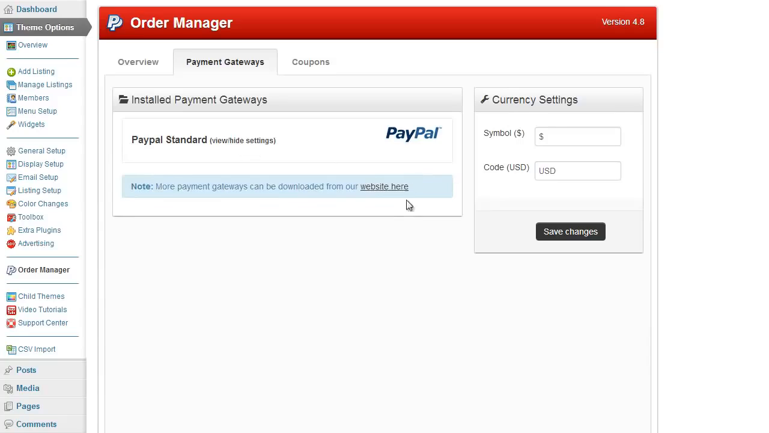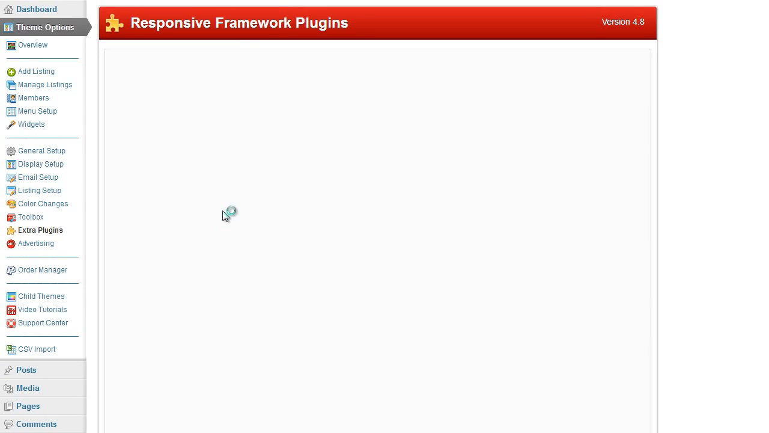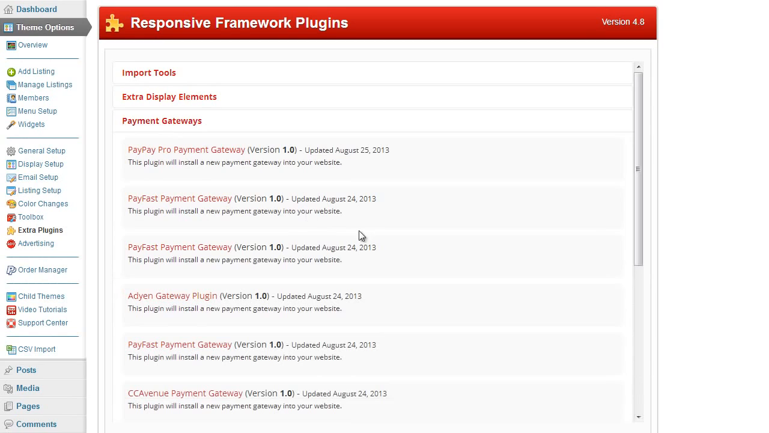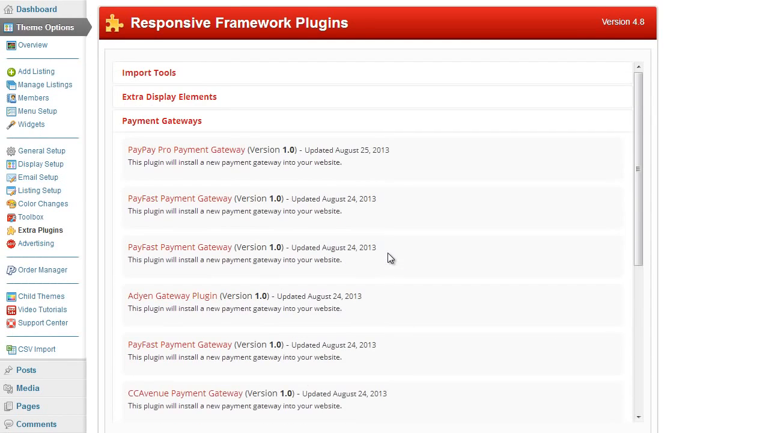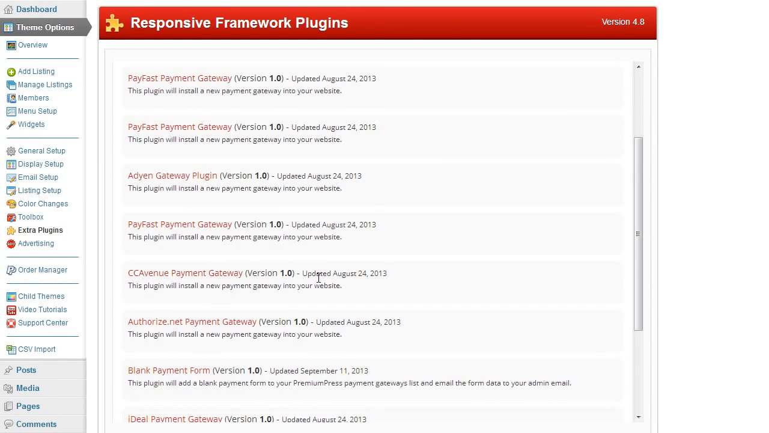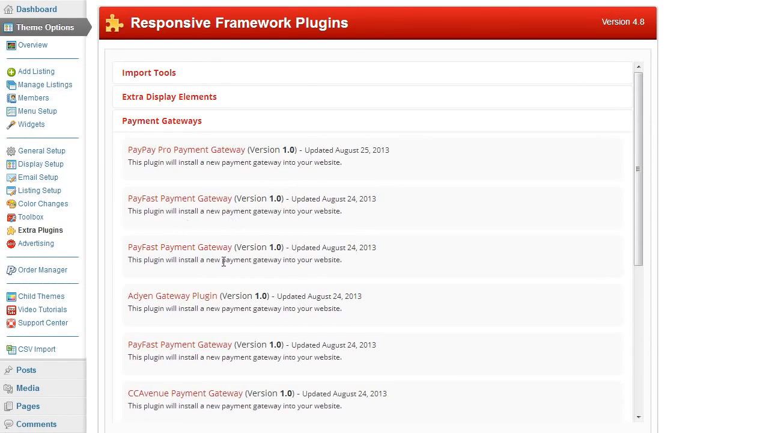Now if you're not using PayPal, you've decided that you want to use a different gateway, we have a number of different gateways available. Now if we click on the extra plugins and click on payment gateways, this is where you'll find all of the additional payment gateways that we have available within the PremiumPress framework. And as you can see, we've got a number of different ones available here. If I simply click on any one of them, for example this one here,